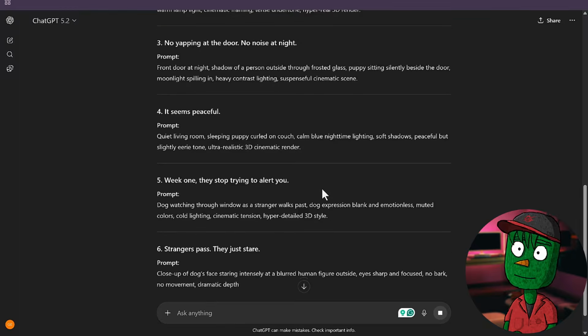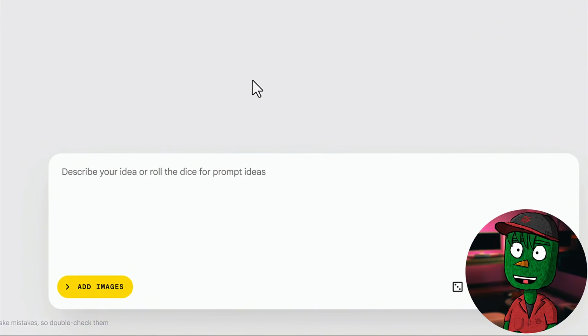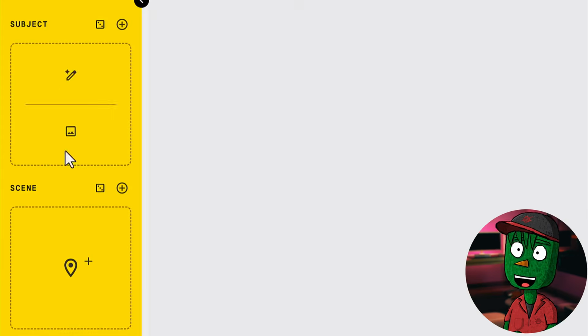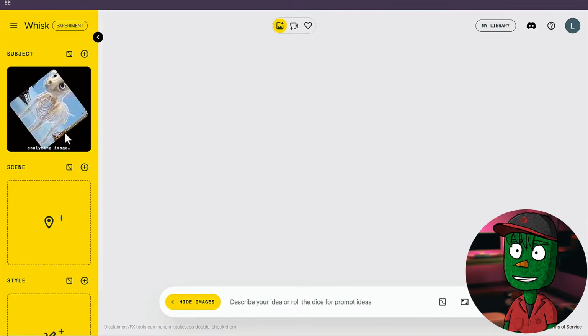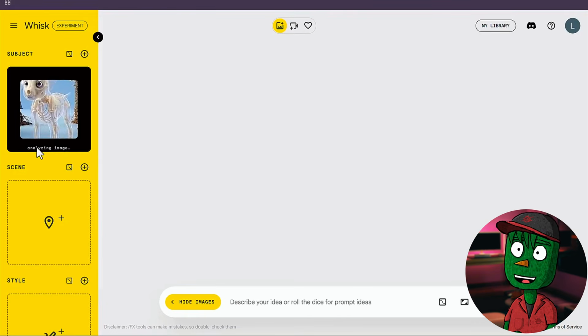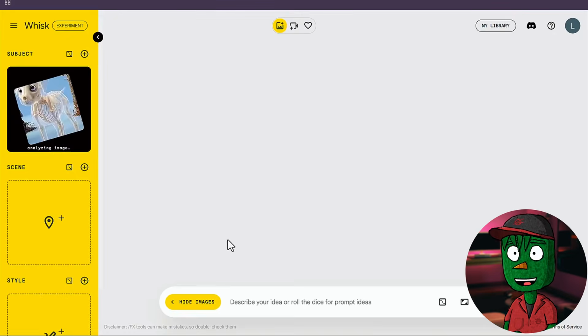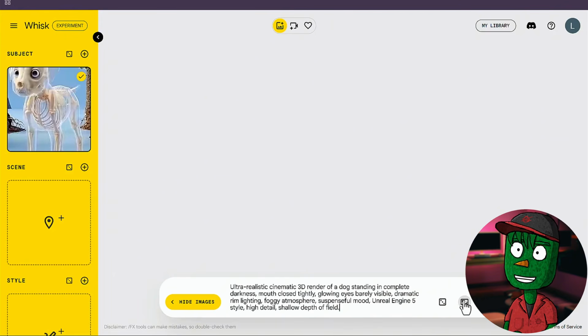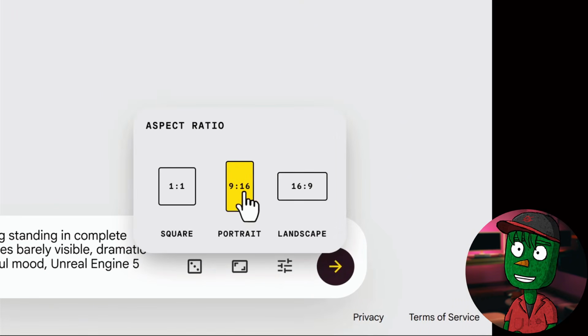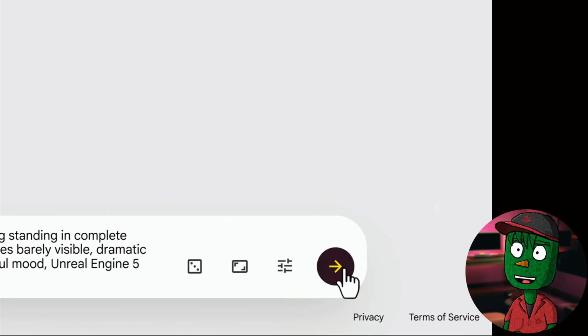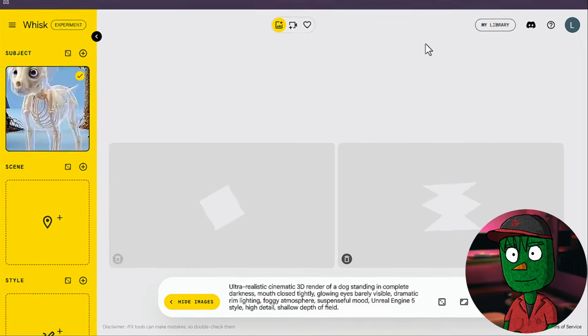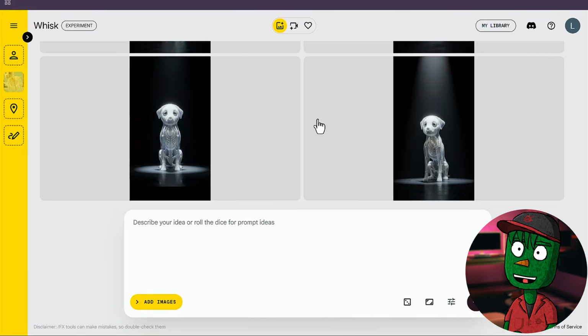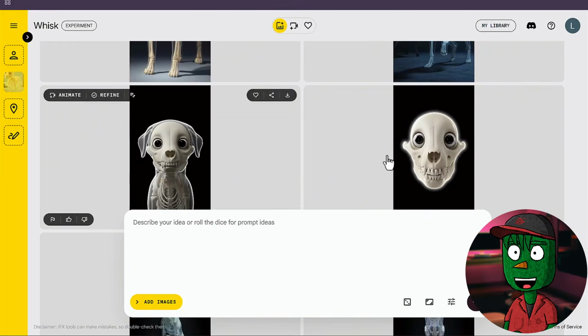So now that you have the prompts, the next thing is to open Whisk. If you come to Whisk here, the first thing you need to do is to click on Add Image here, and then go to Subject and make sure you add your subject. Your subject is a character like this. I'm going to add it to the Google Doc file so you can use it as well. So now that you have that, just come down to where you see Frame here. Click on it and make sure you are selecting 9:16. This is for TikTok, YouTube Shorts, and Instagram Reels. You get that? Now this is the exact step that I follow to generate all 20 images that I require to edit my videos.